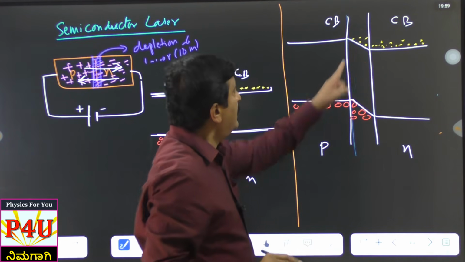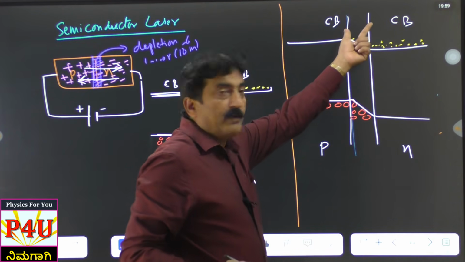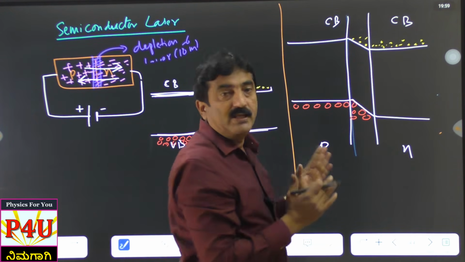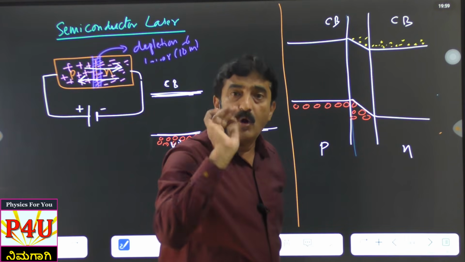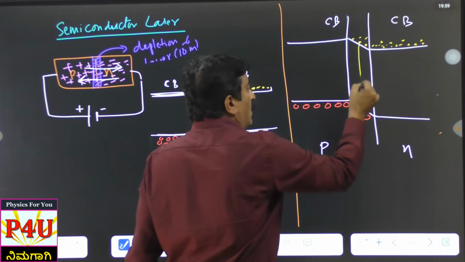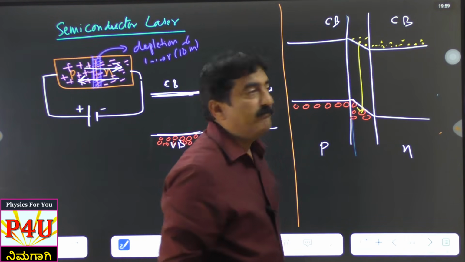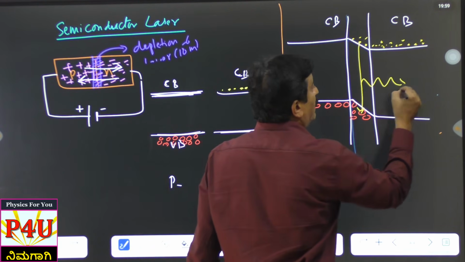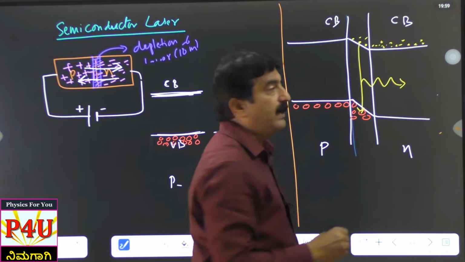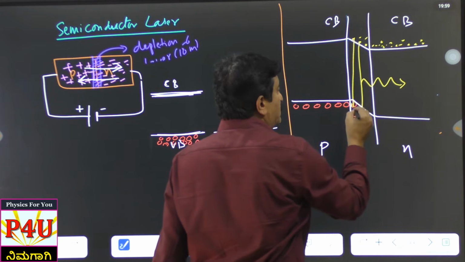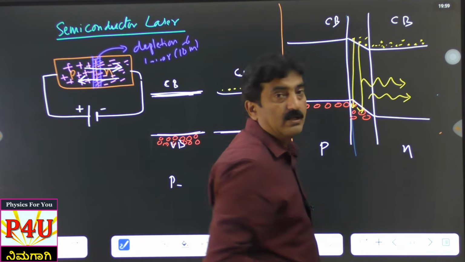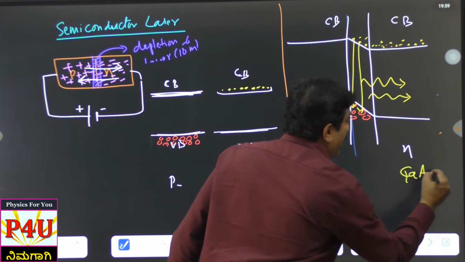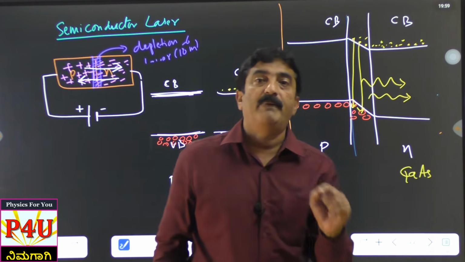See what is happening? There are electrons in the upper portion, there are holes in the lower portion. They both are in the junction. Clear? Now what happens? The electron will come down and combine with the hole. When an electron combines with a hole, energy is emitted in the form of a photon. So light is emitted. If one more electron falls here, we get one more photon. This way light is emitted by a special type of semiconductor, gallium arsenide, and this is what is happening in the case of